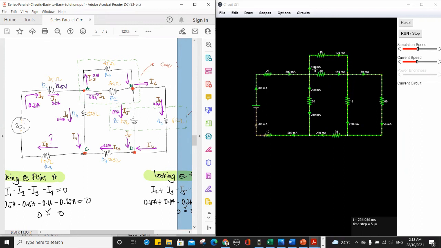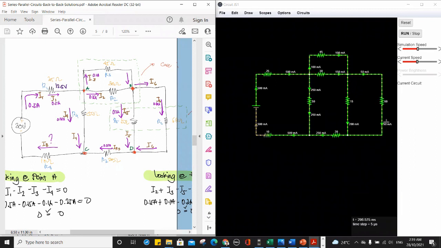And also the current flowing for R2 is 0.15 ampere, or that is 150 milliampere. 0.1 ampere for I3 at 45 ohms resistor is equivalent to 100 milliampere. The current entering is 100 milliampere and 150 is equal to 250 milliampere,